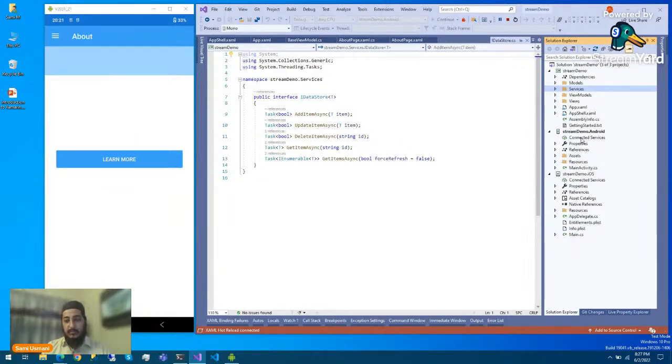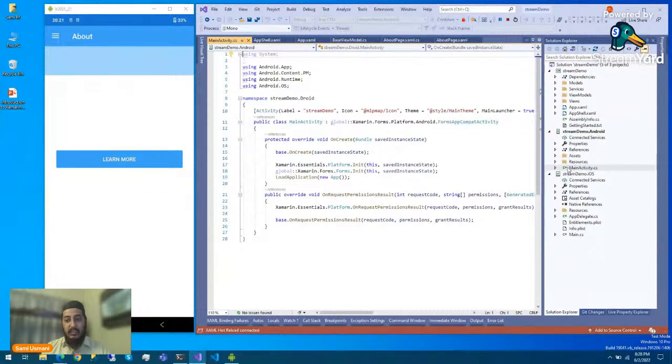Then we'll move on to the Android version and the iOS version of the project. Here we have the main activities. Like in Android, we have the main activity, and in iOS, we have app delegates and the main class. So you can pretty much change anything and everything from here if you want to, because you can set some basic code, share code in the main project and use it as it is, or you can go with the platform specific things and write them down here.